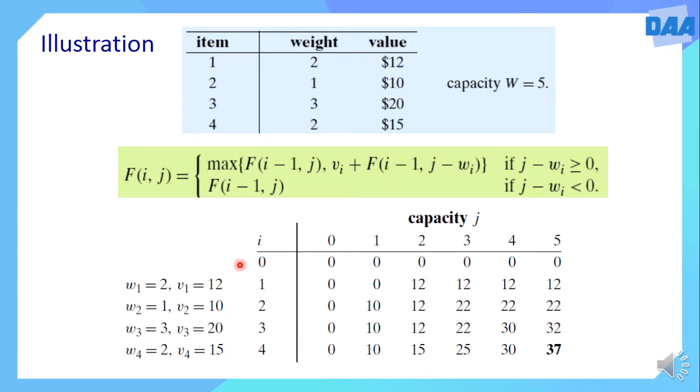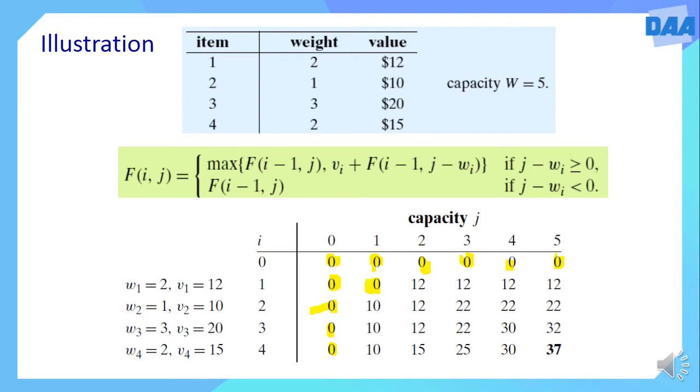So let me explain how these values are got. Let us discuss them one by one. Due to the initialization, the first row is made as zeros. All the values in the first row are made 0, and for the first column, which is indexed by 0, all are made 0. Now let us understand how to get this particular value. This is a case where i value is 1, j value is 1.